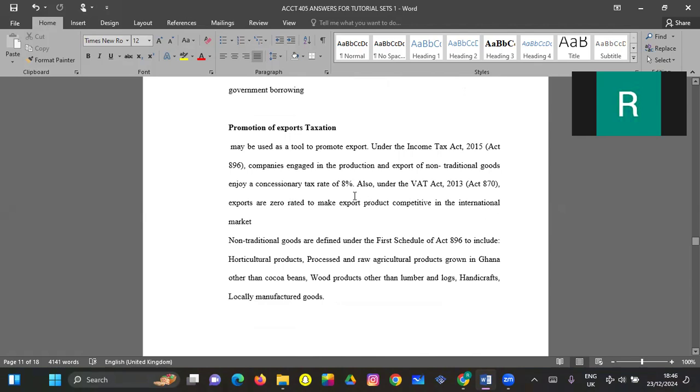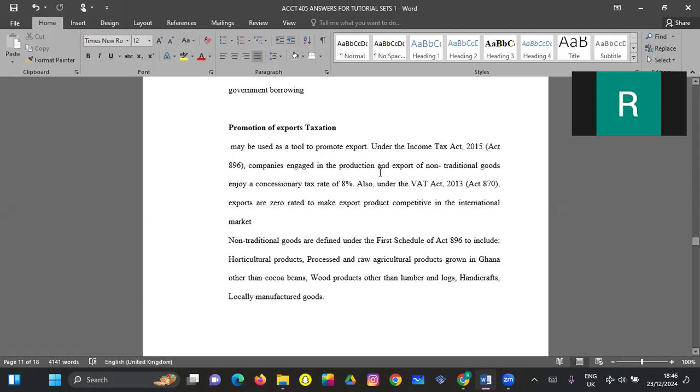So basically what it means here is that because the government will want our goods to be competitive on the market, they tend to apply less tax on our exports so that we can export more. So this may be used to promote exports. Under the income tax,